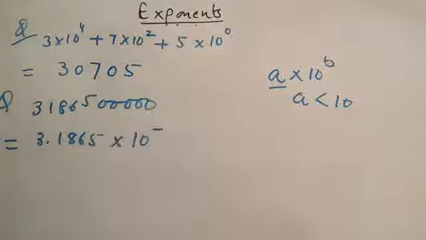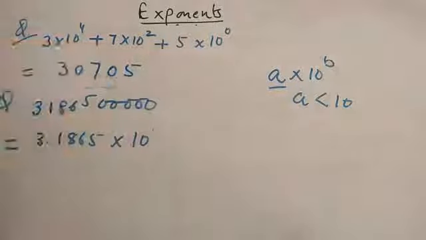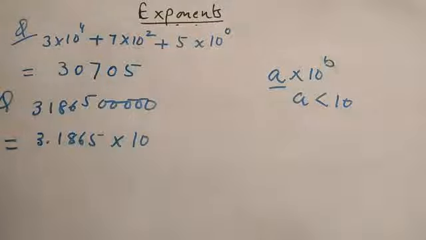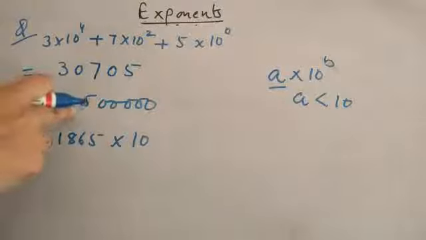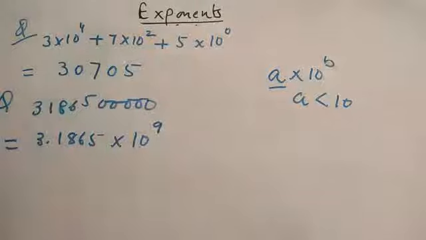Now the main thing is, what you should fill here. Okay, the power of 10. Now if this is the number, with what power, how many zeros should you multiply so that you get this actual number? 1, 2, 3, 4, 5, 6, 7, 8 and 9. If you multiply by 9 zeros, you will get the same number. Why? Because 4 zeros will cancel the decimal and then 5 zeros will be added. So this is how we write the number in the standard form.